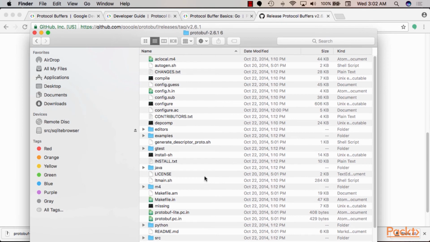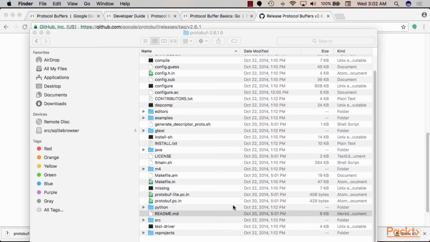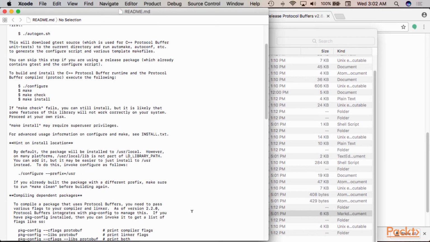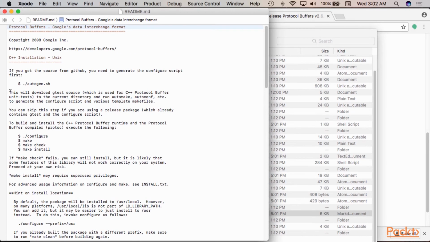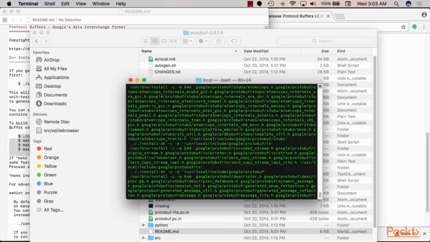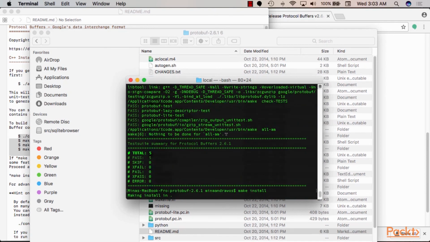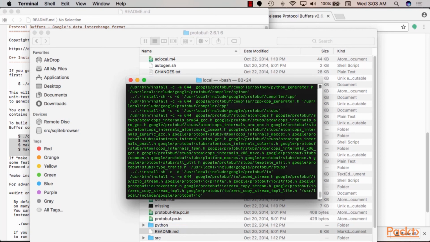So that's how the folder looks. For our purposes, since we need to build the protobuf compiler, we would need to open the readme.md file. When you open it and look here, you'll find the instructions to build and obtain a protocol buffer compiler. I already did the steps to build using the instructions in the readme file. And now,